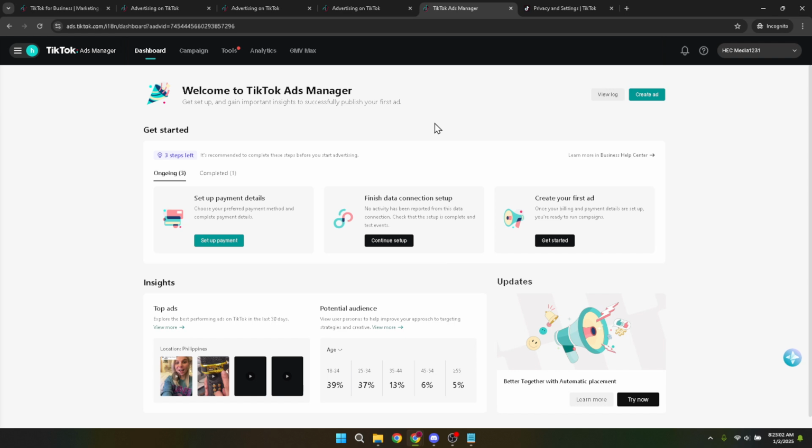Remember, accessing your account is just the beginning. The real fun begins as you start exploring the vast array of tools and options available to promote your business or brand to millions of TikTok users worldwide. To stay on top of your advertising game, make sure to explore all the resources and tutorials provided by TikTok, and consider diving into their community forums for tips from other advertisers. And of course, stay updated with the latest trends and best practices in digital marketing to make the most out of your TikTok advertising efforts.